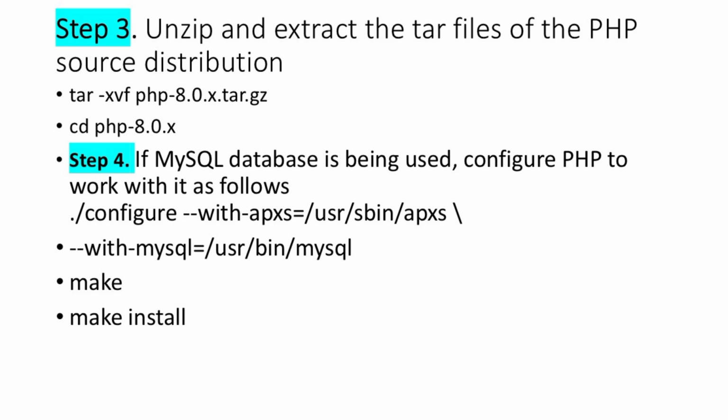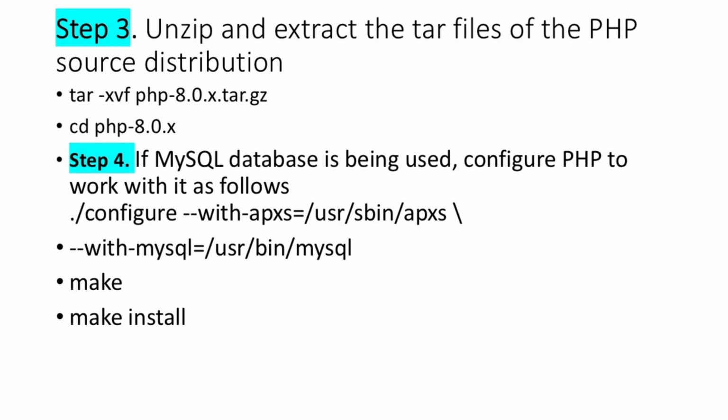Step 4. If you are planning to use MySQL as your database, then you'll need to configure PHP so it can communicate with MySQL properly. This is done using the following command: configure --with-apxs=/usr/sbin/apxs --with-mysql=/usr/bin/mysql. The with-apxs option links PHP to Apache, allowing Apache to recognize PHP scripts. The with-mysql option tells PHP where the MySQL binary files are located, so it can interact with your database